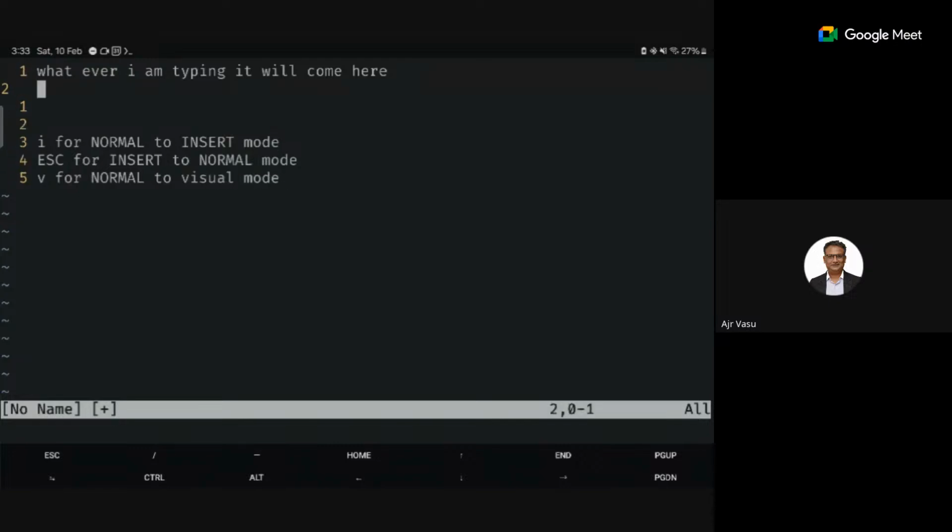Okay, this is how we do it. A also works, but I simplify it and simply go with I. I and A both work.